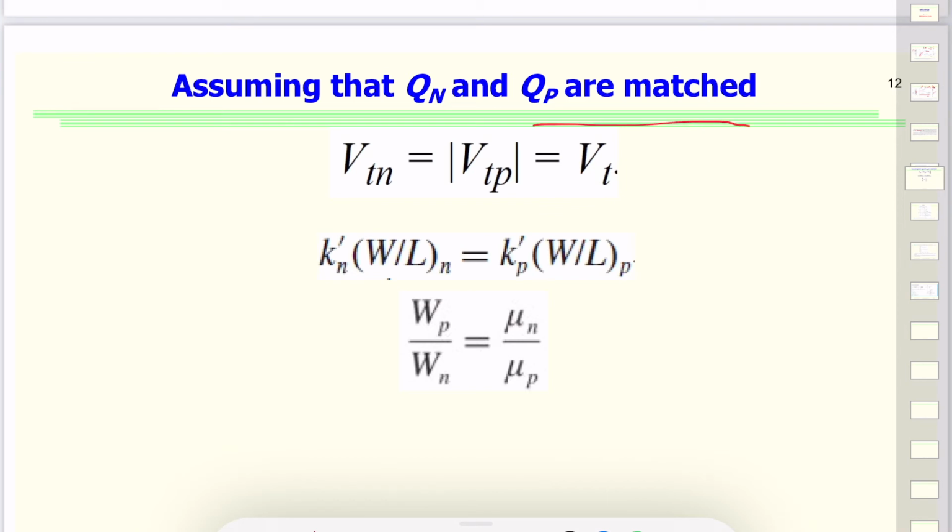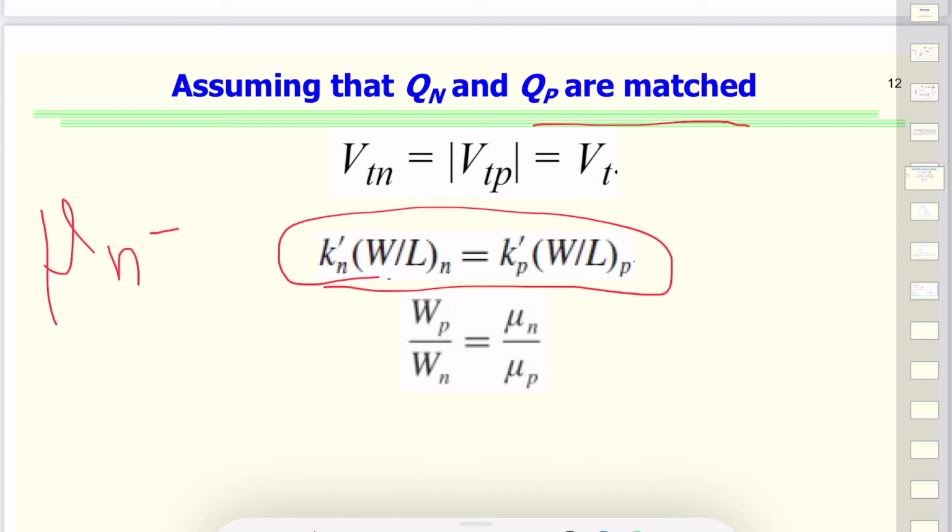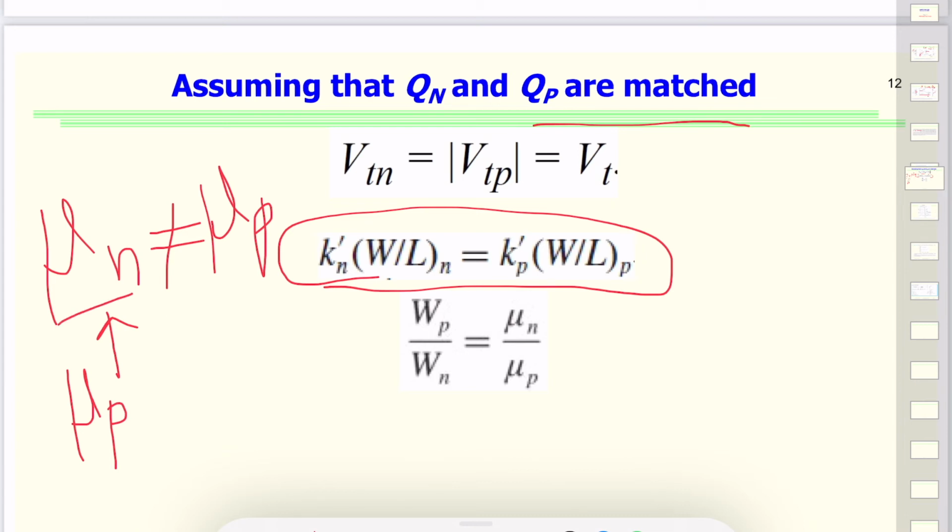To match them, it means that their transfer characteristics will be the same. But the problem is that mu n and mu p are not equal. In fact, the mobility of electrons is much higher than the mobility of holes, almost double or four times, which means that to bring the mobility of holes to the mobility of electrons, we will have